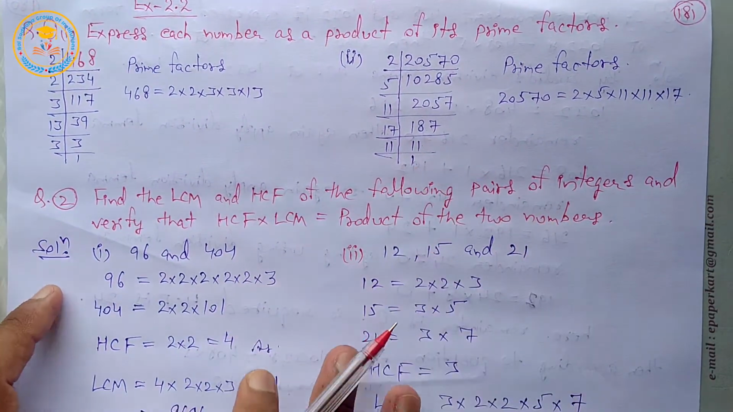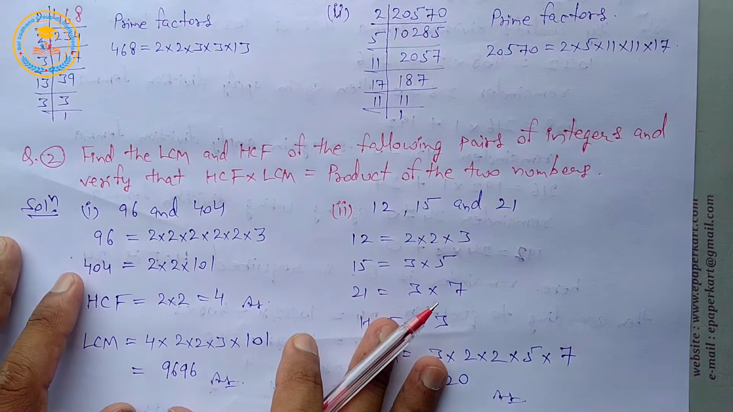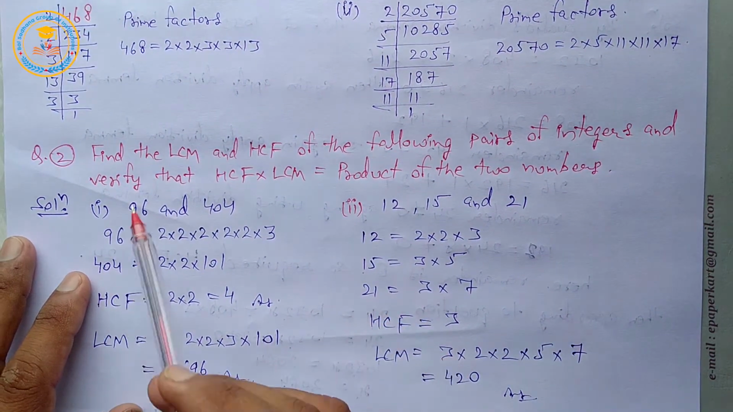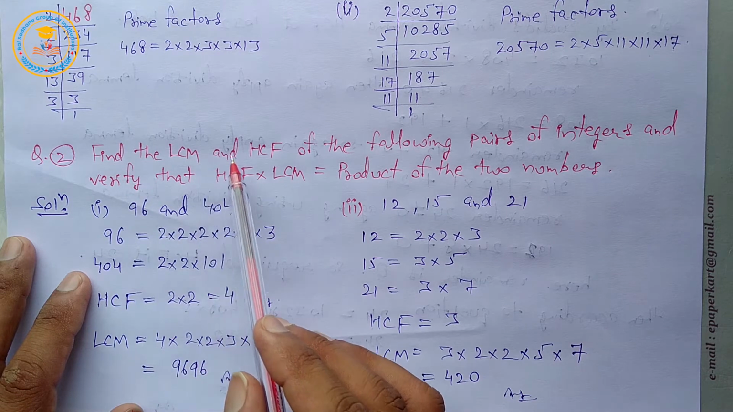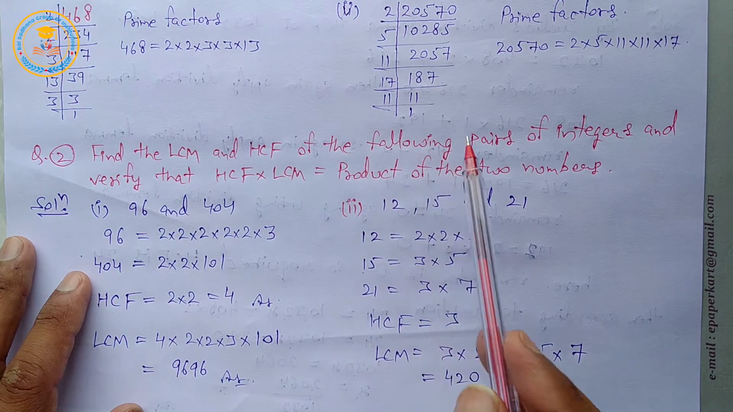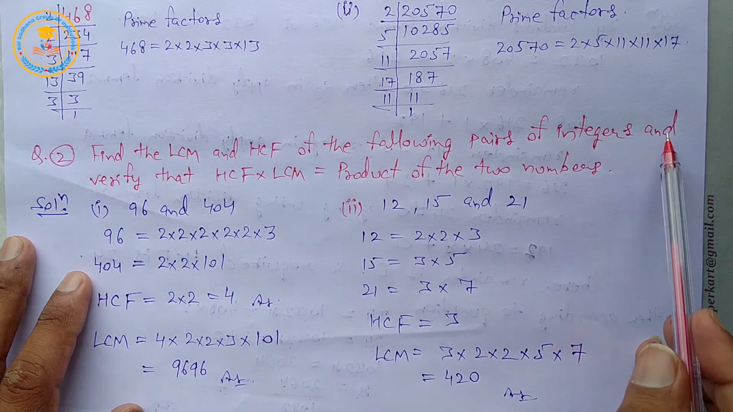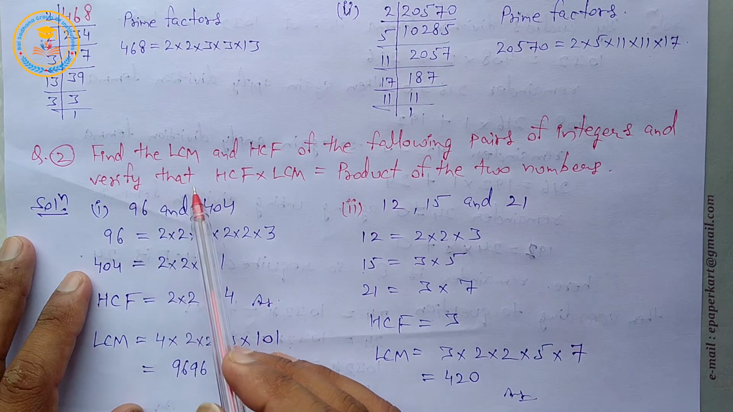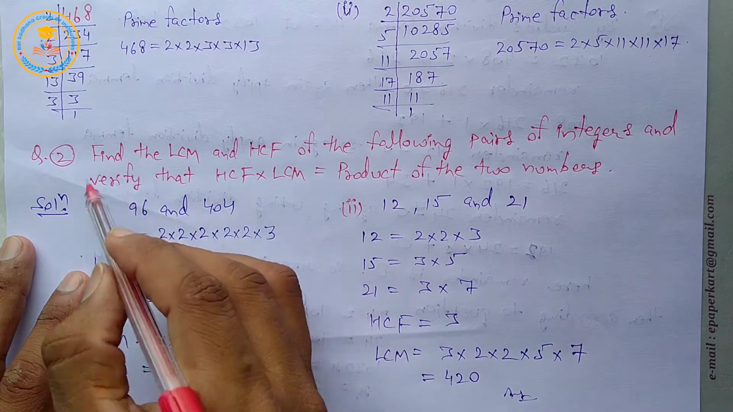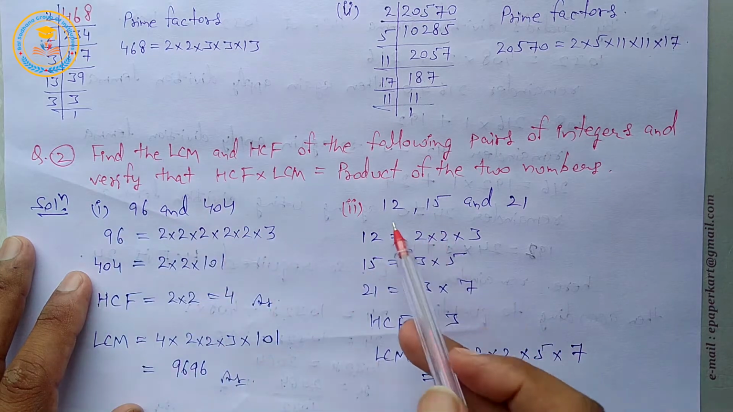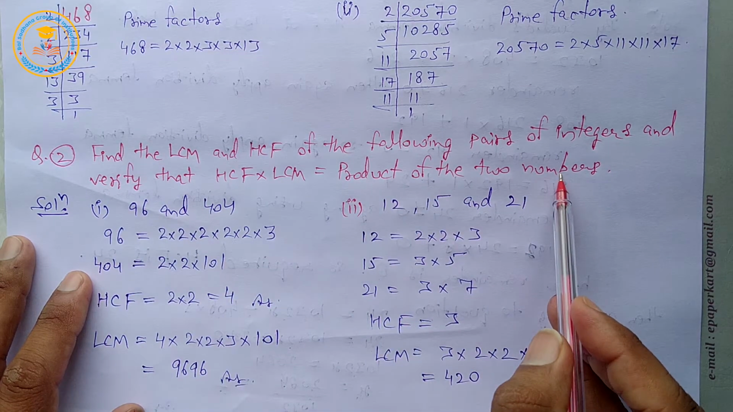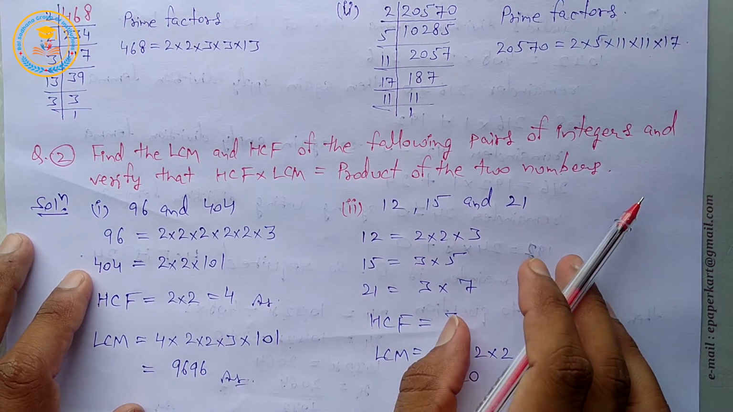Okay, now question number second. Question number second is: find the LCM and HCF of the following pairs of integers and verify that HCF into LCM equals the product of the two numbers. Okay, now